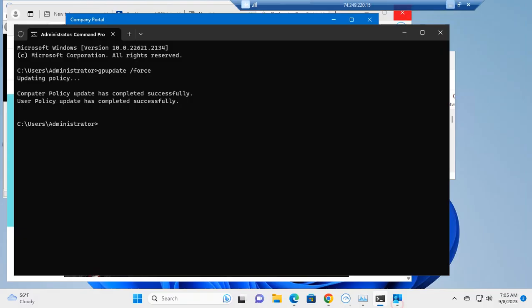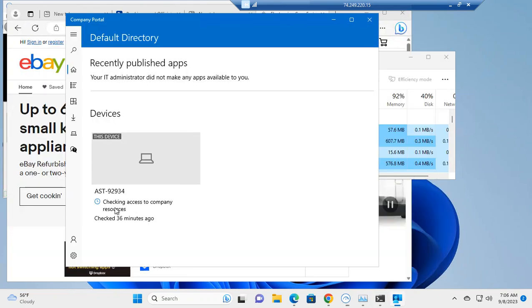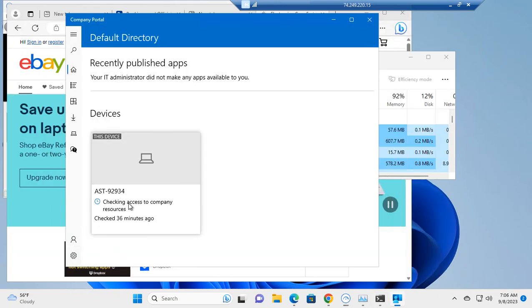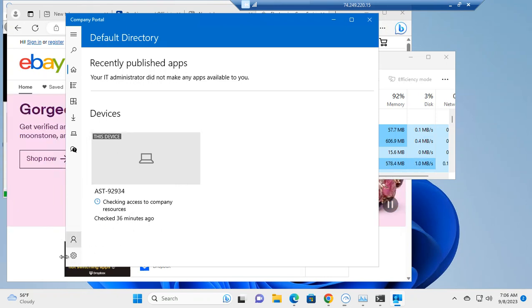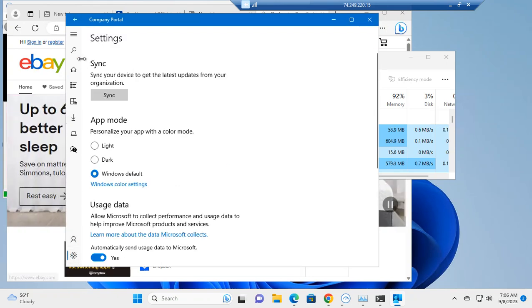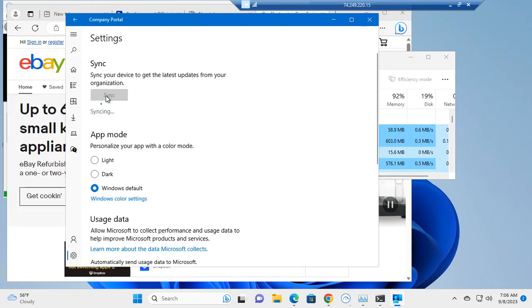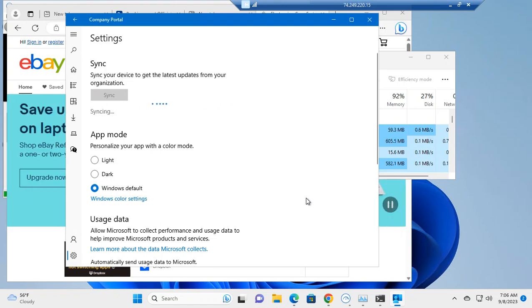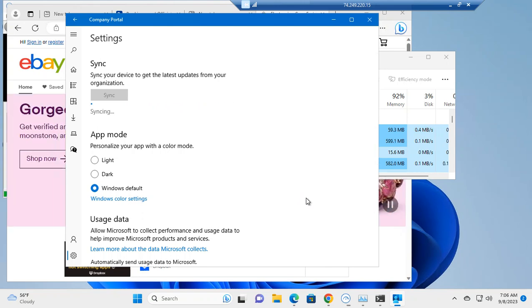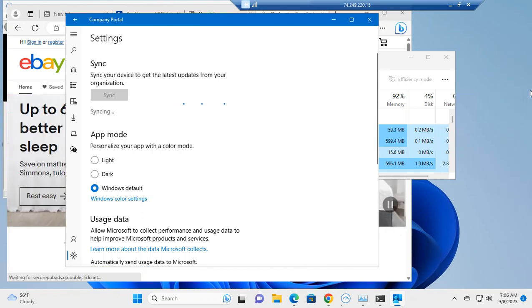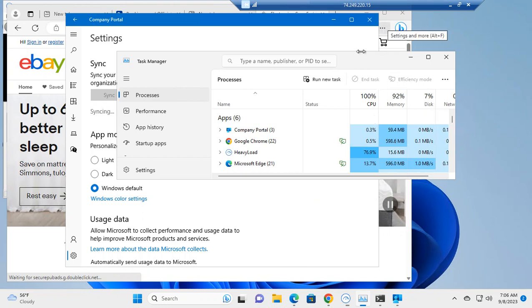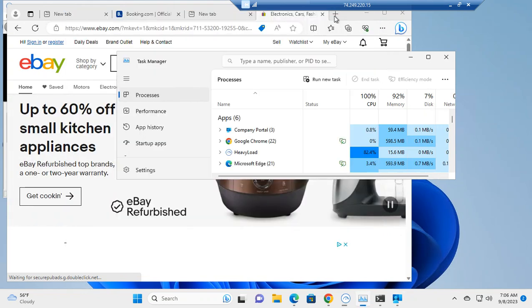Also, one of the things, as you know, you can do is force the GP updates. Also, you can open, as you can see, this is my VM, which I did the out-of-box experience. And when you go to company portal, you can sync it. So this is the way. Hopefully, it will go ahead and sync and expedite everything, and then we may get some generated reports,